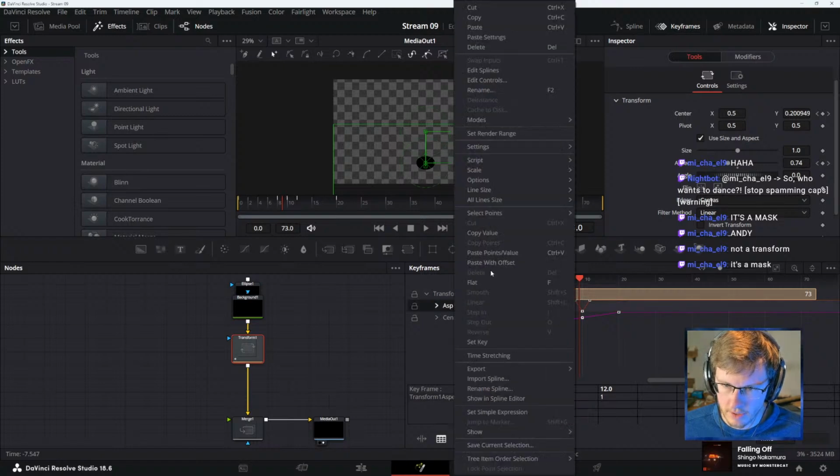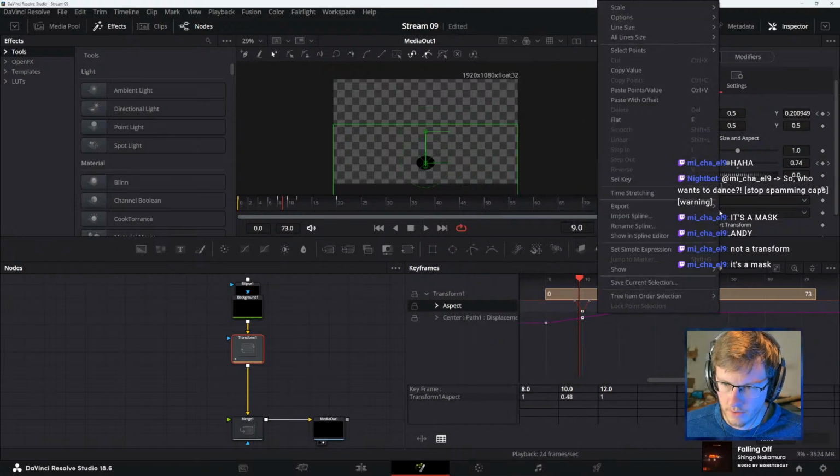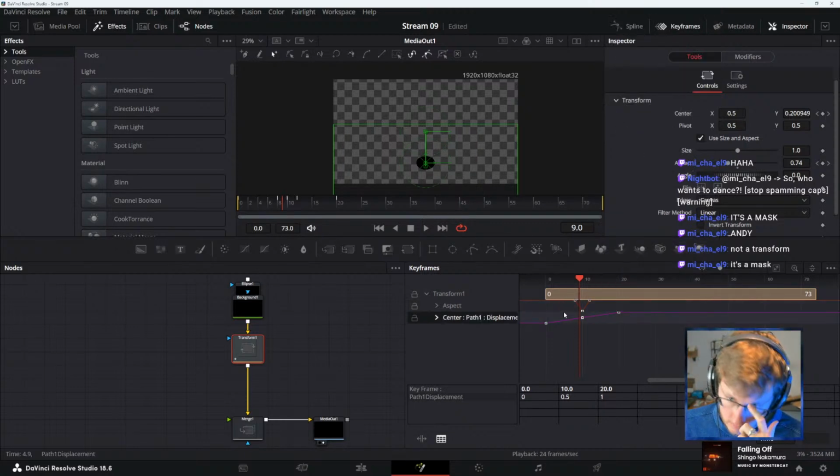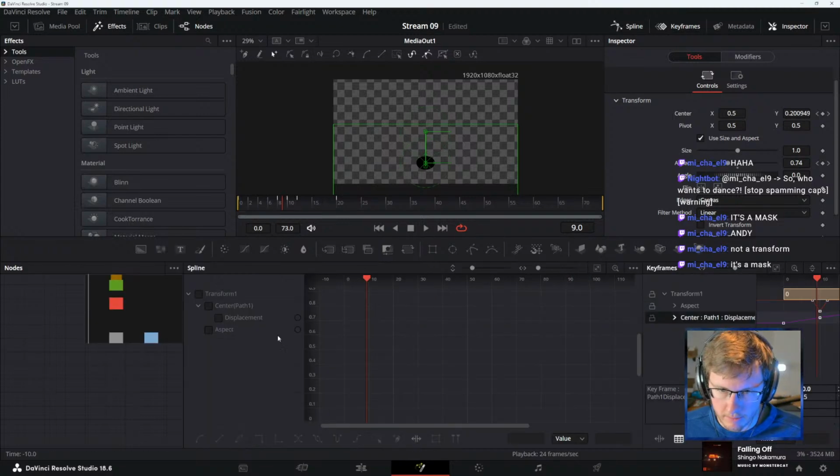Oh, and then this is easier to edit, so we could just do that to there. I think if I do this, then I can actually make this. Wasn't it possible to do these? Or you have to do that from the spline editor.